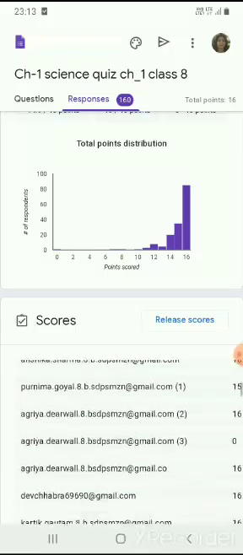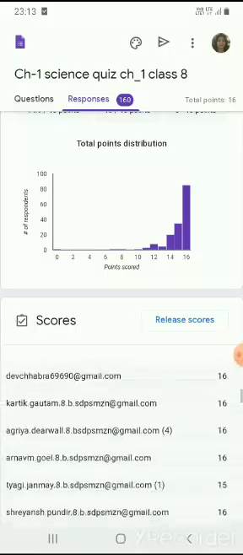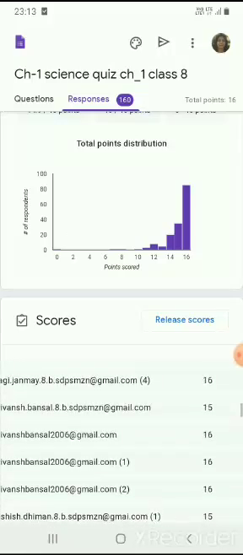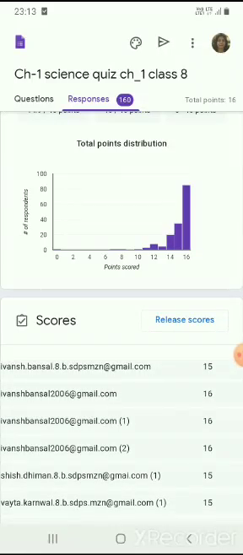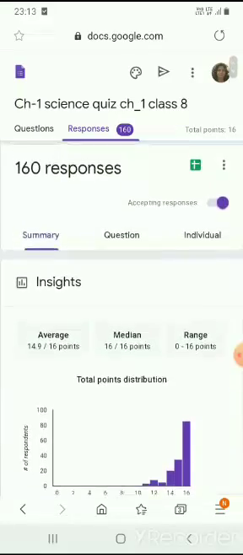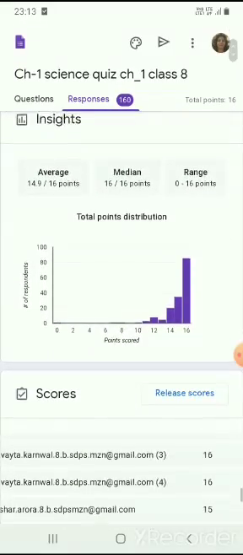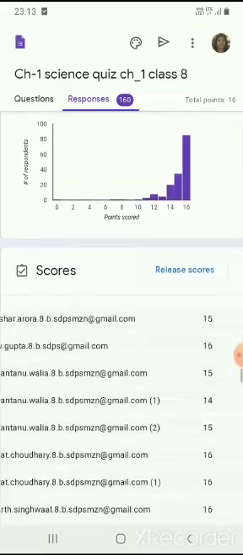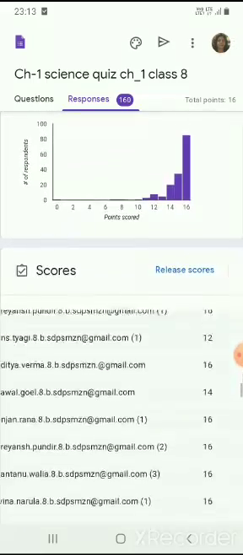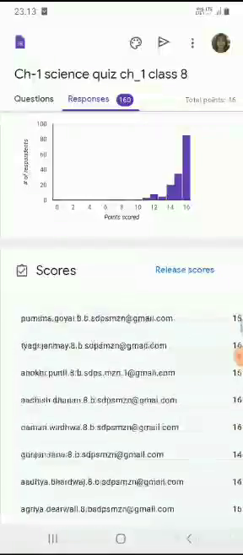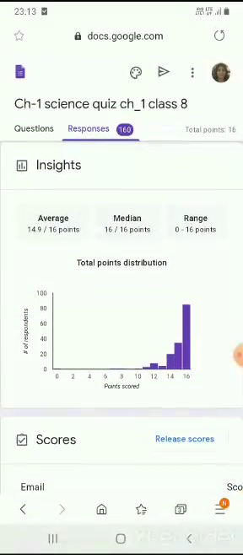See, you can see everything is here. If you want to see the score in a sheet form, I've shown you here by pressing this green colored icon, or if you want to see only the score, here you can see that, and there is no need to ask the student to hand in.